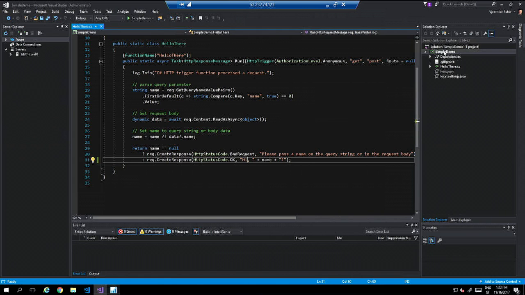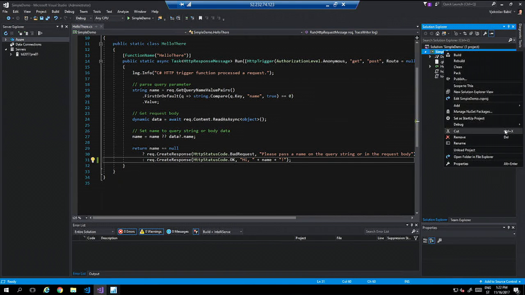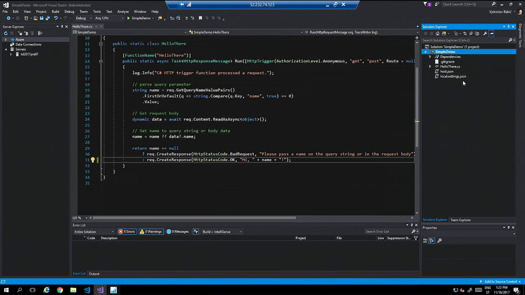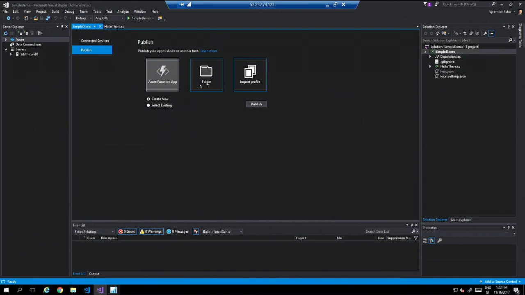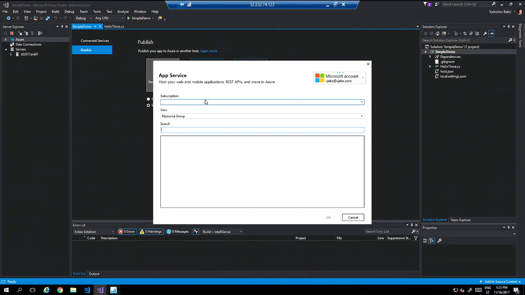To deploy that to Azure, you right-click the project again, then you click Publish. And then it asks you if you want to create a new application or select an existing application. I will use the same application that I have used previously, so I will just click Publish on existing application. It will connect to my Azure subscription, and then it will ask me,